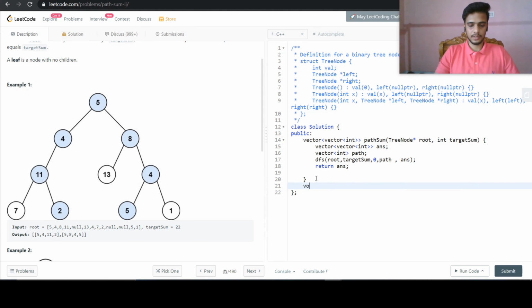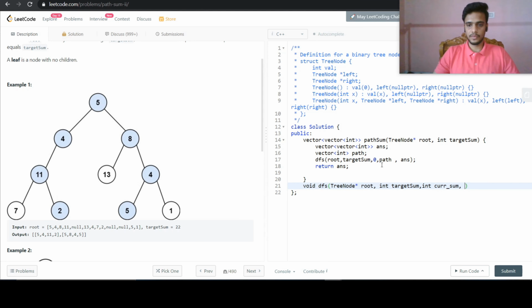So let us also define our DFS function here. So inside DFS function, we are having these variables, target sum, and also we have another integer variable that will hold our current sum.